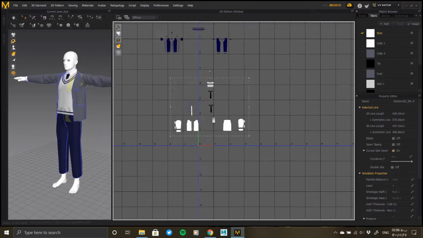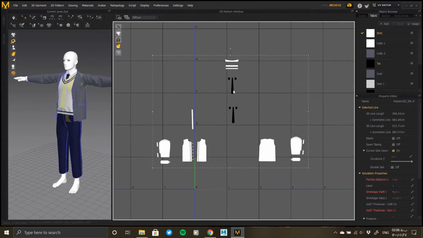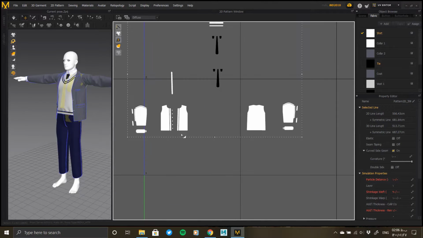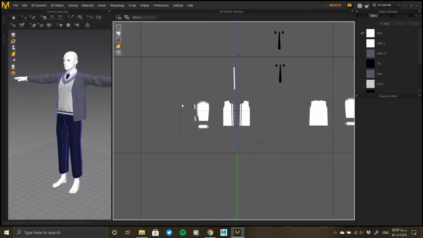To do this, at the top, change the toolbar to UV Editor to enter the Unwrap toolbar. So far, no automatic unwrap tool has been added to this version of Marvelous Designer, so we have to manually place each of the clusters in UV. There are several things to consider.